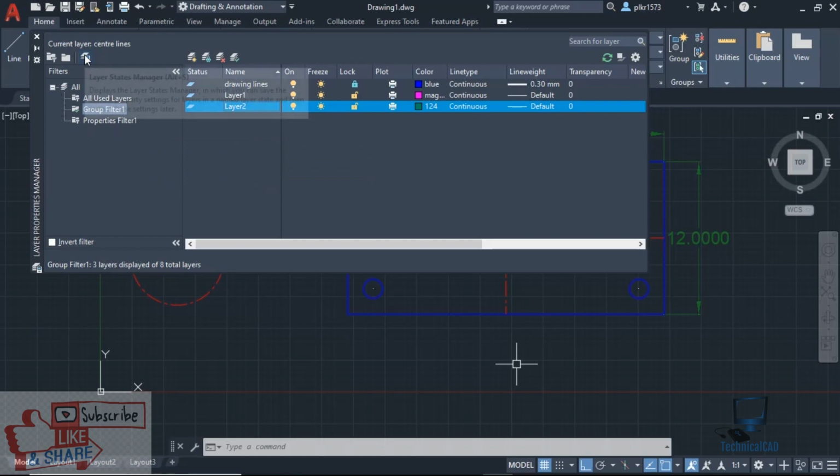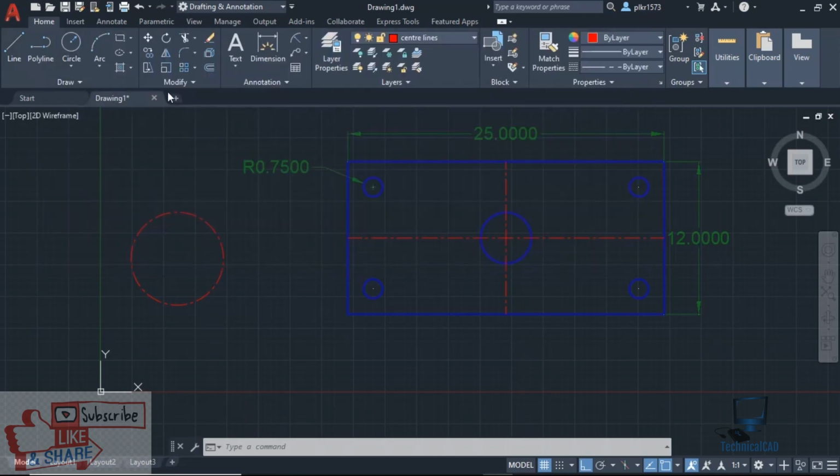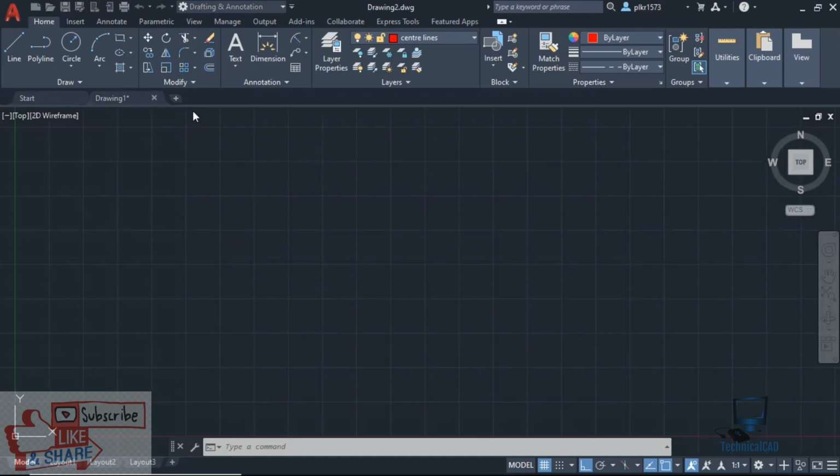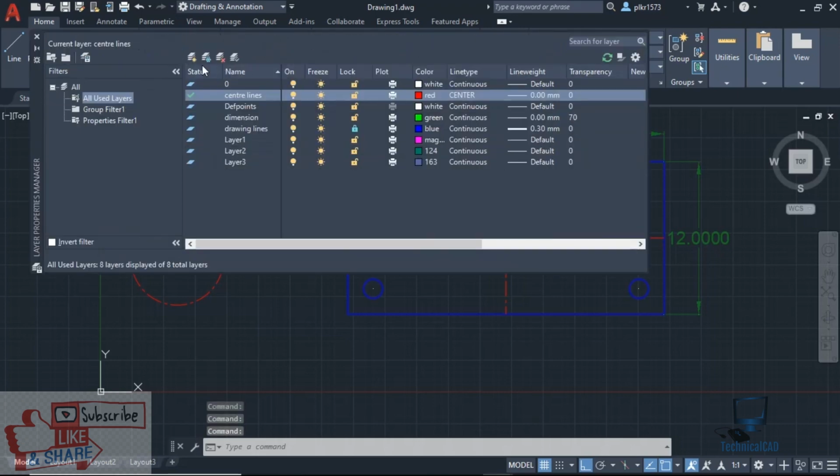And this option is layer states manager. We have this many layers in this drawing. But whenever you create a new drawing, see, in this new drawing we don't have any layers, it will be the default 0 layer. If you want to import these layers into that second drawing, there you can go for layer states.